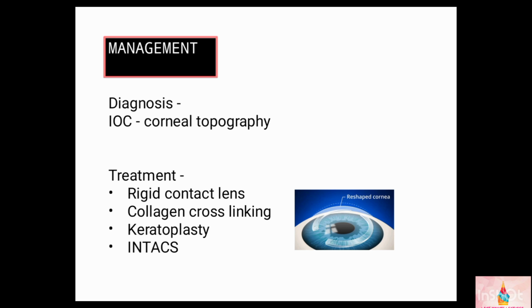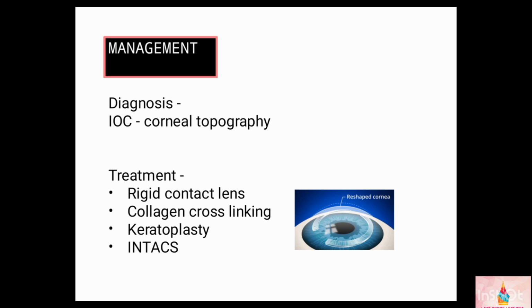They strengthen the cornea. In this image, you can see within the cornea the ring-shaped segments. These help in flattening of the cornea. In keratoconus, the cornea will be more steep, right? These Intacs help in making the cornea a little bit flat, thereby reducing the conical effects of keratoconus. The myopia will be reduced by these Intacs.